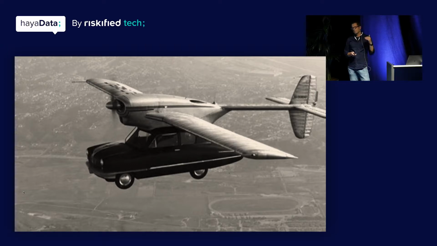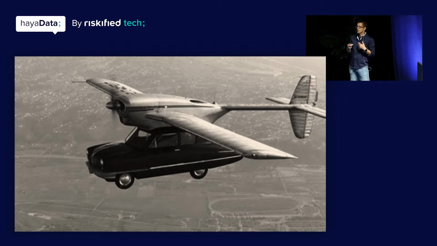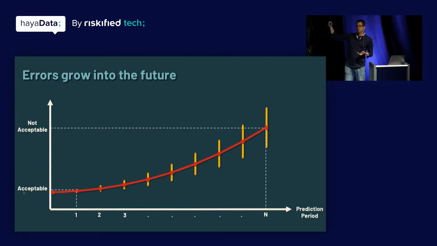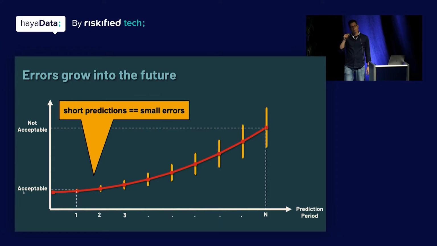The reason is that the further into the future you predict, the harder it is to do, the more noise you have in your system. Gali from Tabula discussed noise in her talk. So this becomes difficult. If you look at a graph of how this actually looks, you see that the errors grow over time as you predict further into the future. But the flip side to this is that if you make short predictions, you have less noise and it's actually easier to predict. And for anomaly detection, we can actually take advantage of this, using our data for predicting and for finding anomalies.